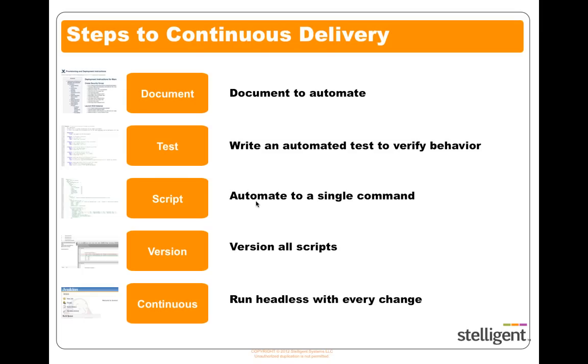So you're going to document that process and what it takes to do that. That's usually how it works. But the difference is you're going to be writing in such a way where you can automate that implementation. So next one is that you write a test for it. So once you've actually documented, and then you write a test for it that verifies the behavior that you expect.